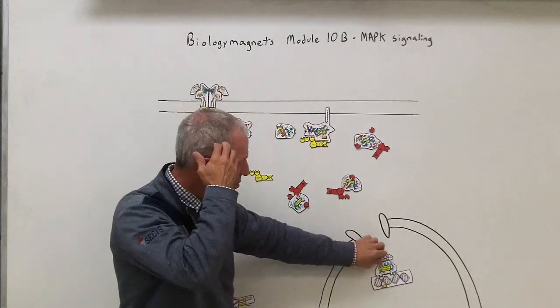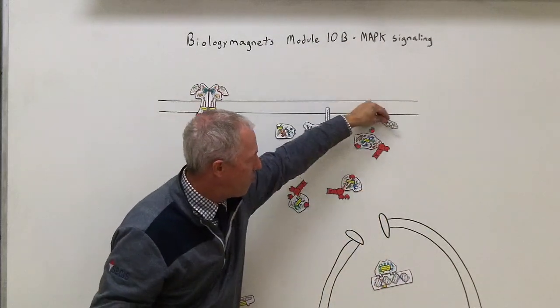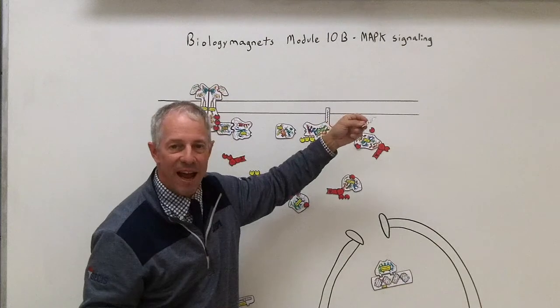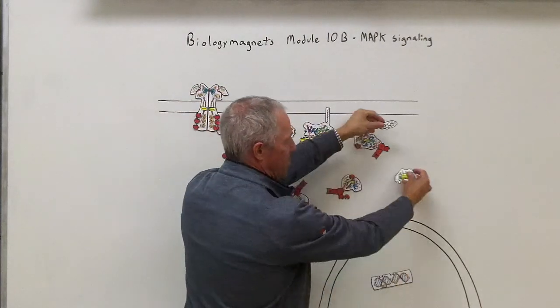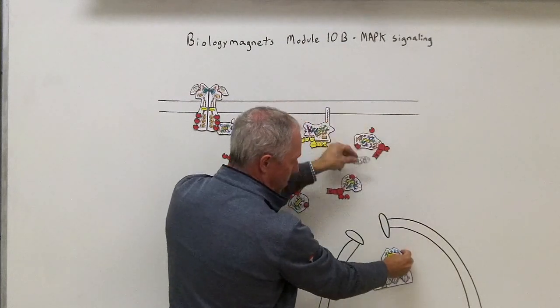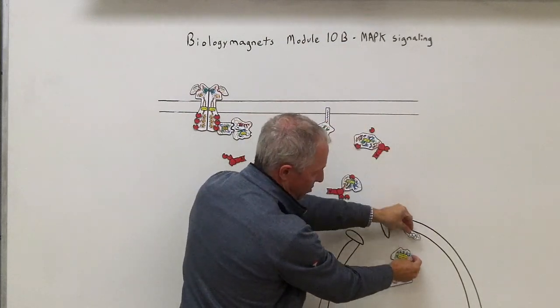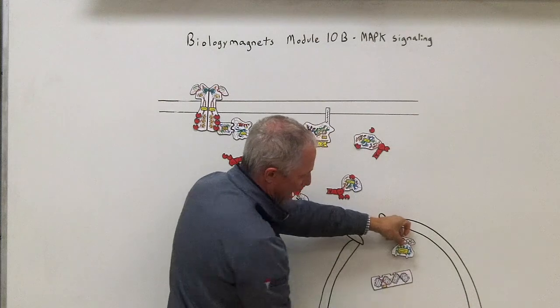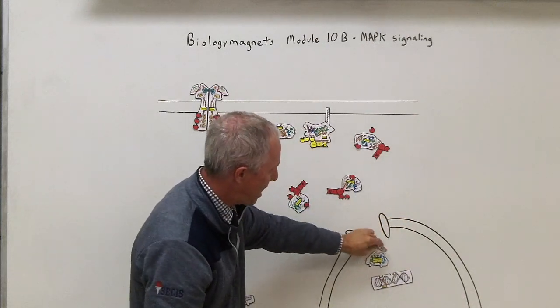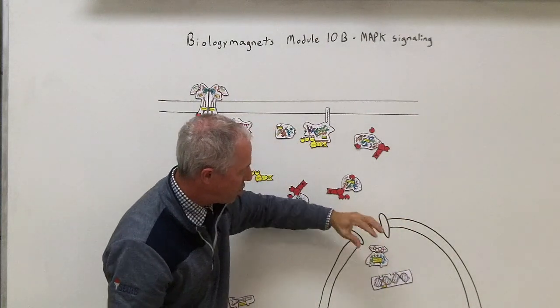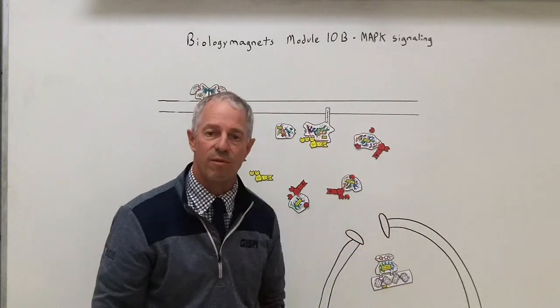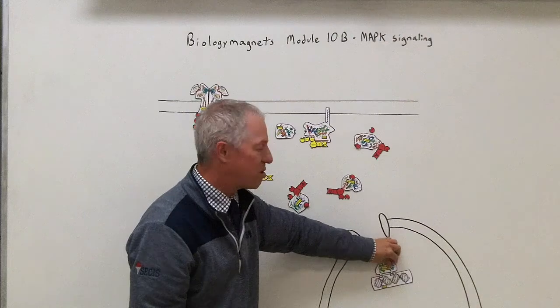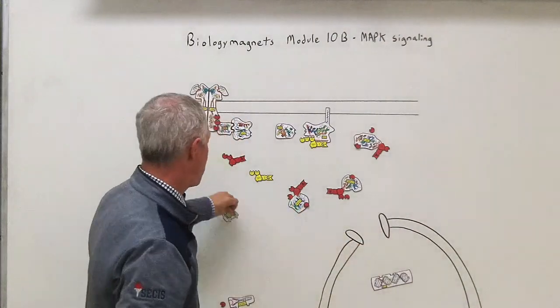So that's how steroids work. Steroids come through the membrane because they're fat lipid based, and can go all the way, either be received in the cytoplasm or received in the nucleus. They can go right through the nuclear membrane too. And that can cause a transcription factor to be activated, to bind to the DNA, and cause some sort of response. So you can also talk about steroids with this